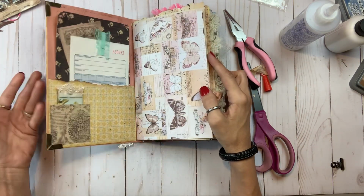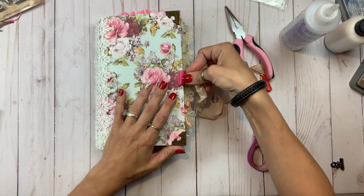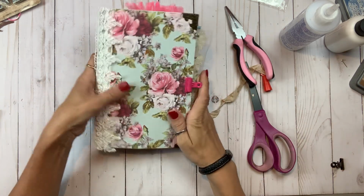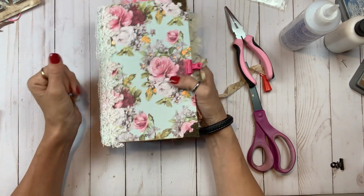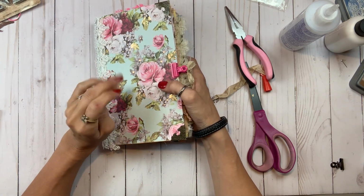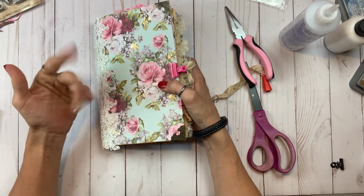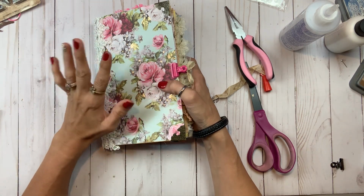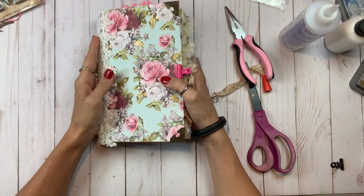So anyways, that will be it for this. I feel like I don't really need to go any further with showing more stuff with this. I feel like it was just getting really long and kind of out of hand of what I originally started with, the idea. So, okay, so anyways, that's it